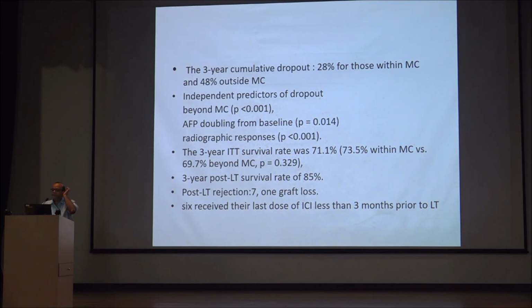What is most important is the last 2 lines. Only 7 patients experienced rejection after transplant when they received immune therapy, and they have reported 1 graft loss. What they underscored is that out of the 7, 6 patients received their last dose of ICI less than 3 months prior to liver transplant. This translates to our understanding that the waiting period should be 3 months, so that the 2 half-lives of the